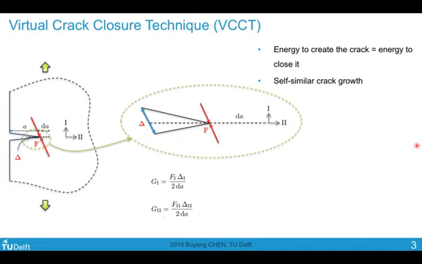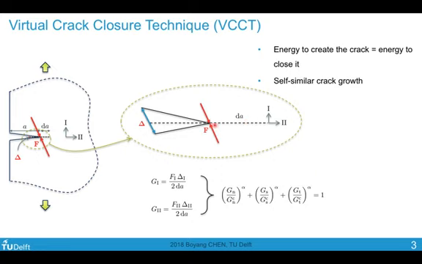And these two energy release rates can be plugged into a certain failure criteria, for instance, this power law criteria. N would correspond to mode 1, and S or T would correspond to mode 2. This is a two-dimensional problem, so we only have two components, let's say the first two. When this criteria is satisfied, we say that fracture is going to happen, and then we simply release the node, since there will be a double node, and then create the opening, and let the crack propagate forward.